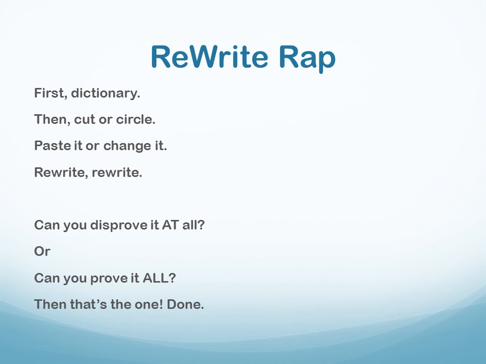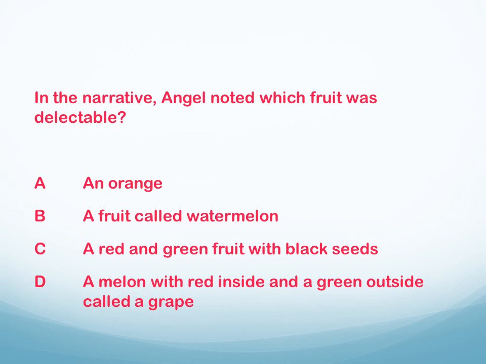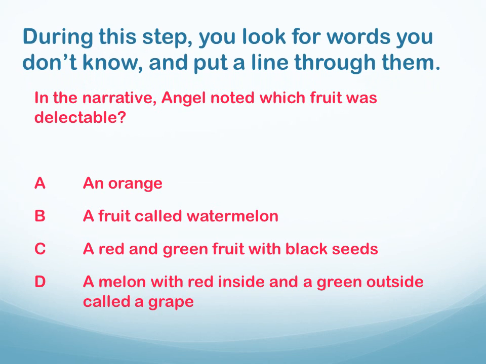First dictionary is the first line of the ReWrite wrap. During this step, you look for words that you don't know and you put a line through them. In the narrative, Angel noted which fruit was delectable. Noted is probably not a word that everyone knows, so we're going to put a line through it. The next word in this question that we might not know is the word delectable, so go ahead and put